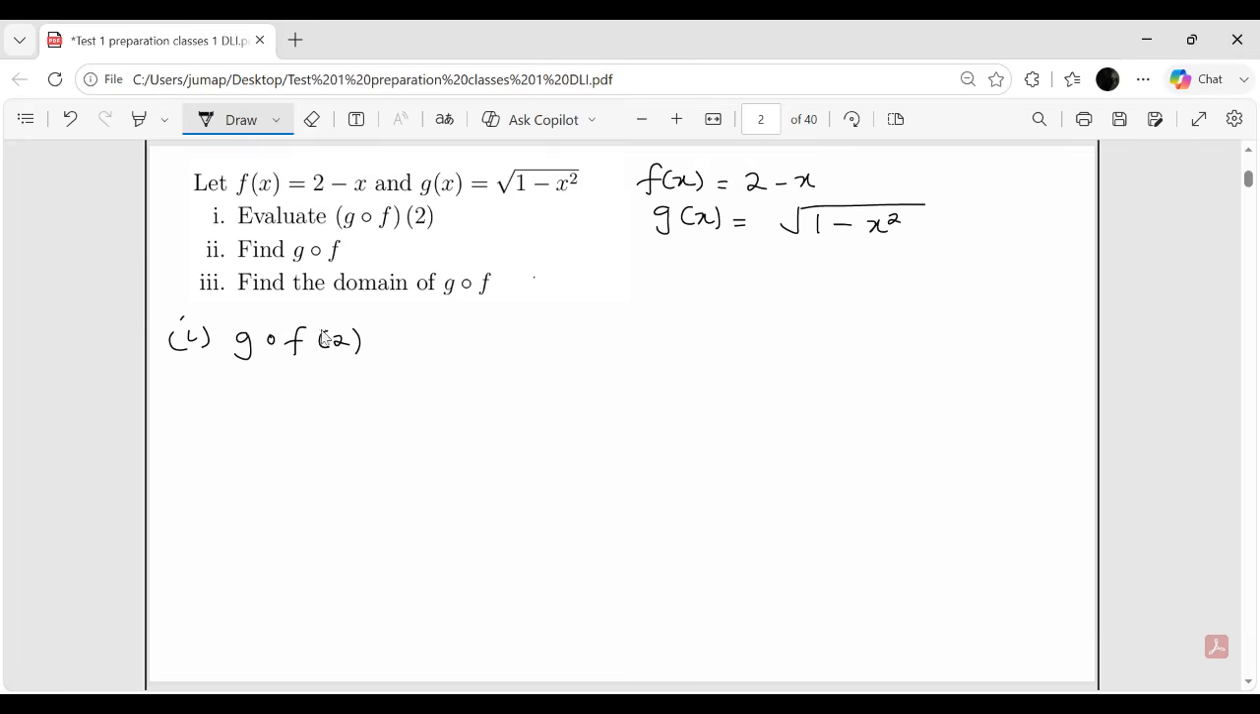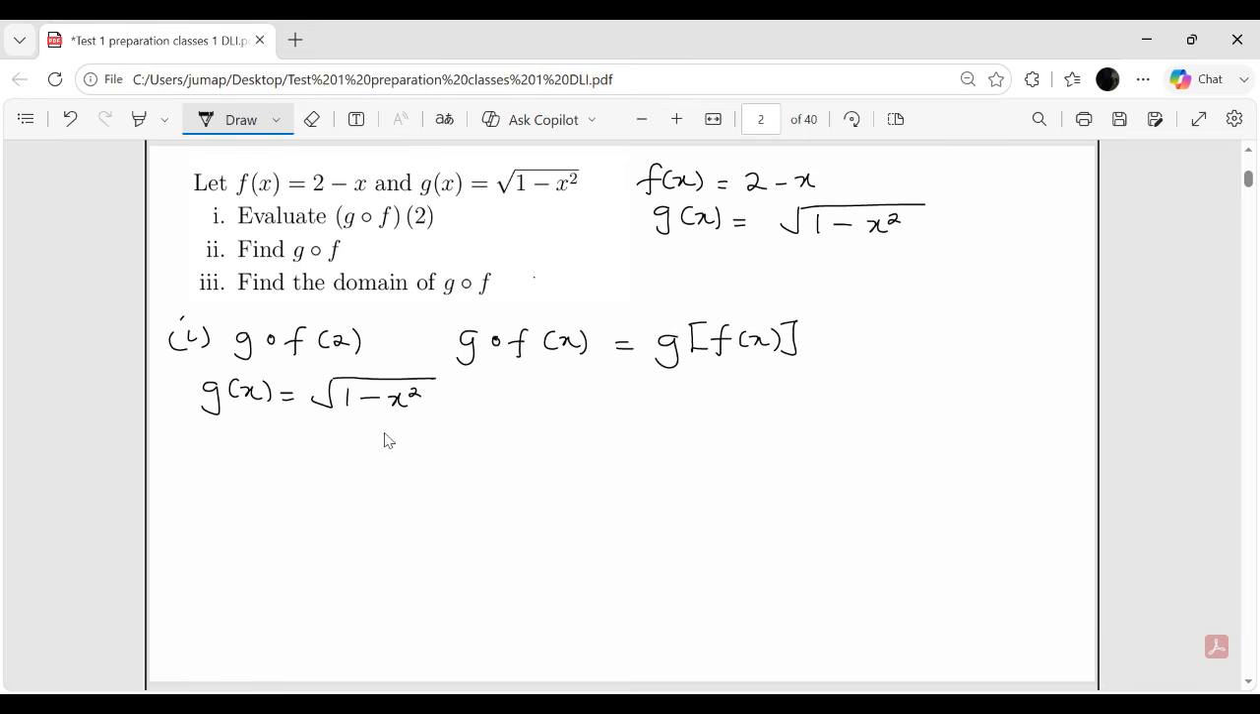So we cannot find this one if we don't have what? G of f of what? Of x, which is the same as saying g f of x. Okay, so let us first find g f of x. When finding g f of x, we start with the main function they've started with, which is g of x. So I'm going to write g of x is equal to the square root of 1 minus